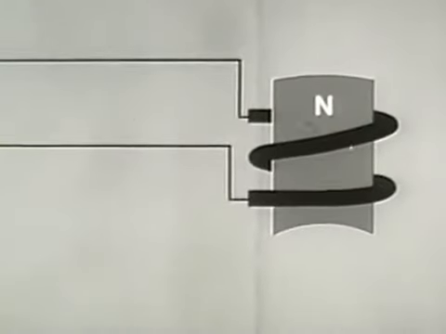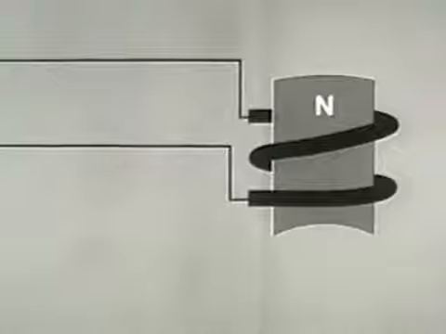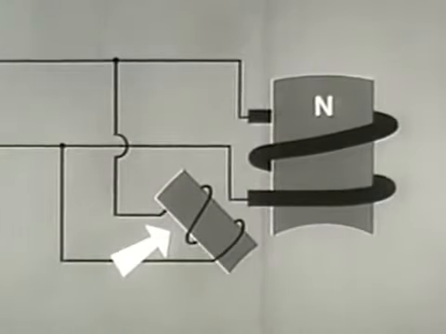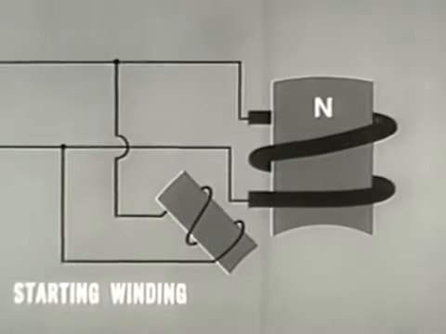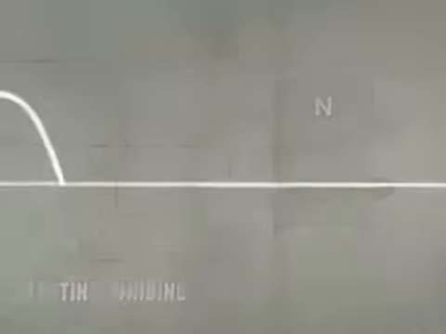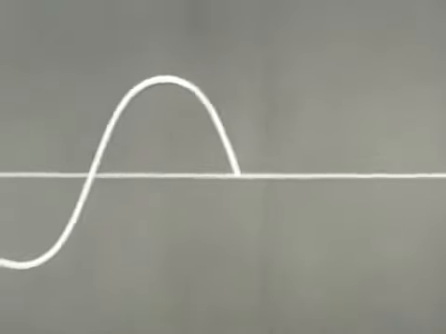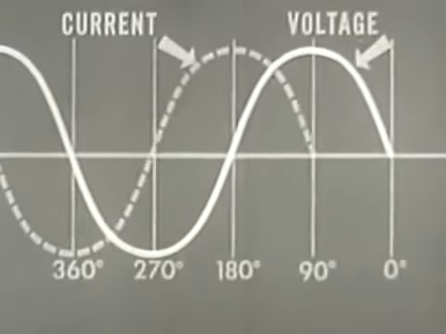There is another way to start the single-phase induction motor. In addition to the main poles, starting poles with separate windings are used. Phase difference is created by using high resistance wires for the starting poles and low resistance wires for the main poles. To understand the operation of the starter winding, it is necessary to bear in mind something of the character of the AC power supply.